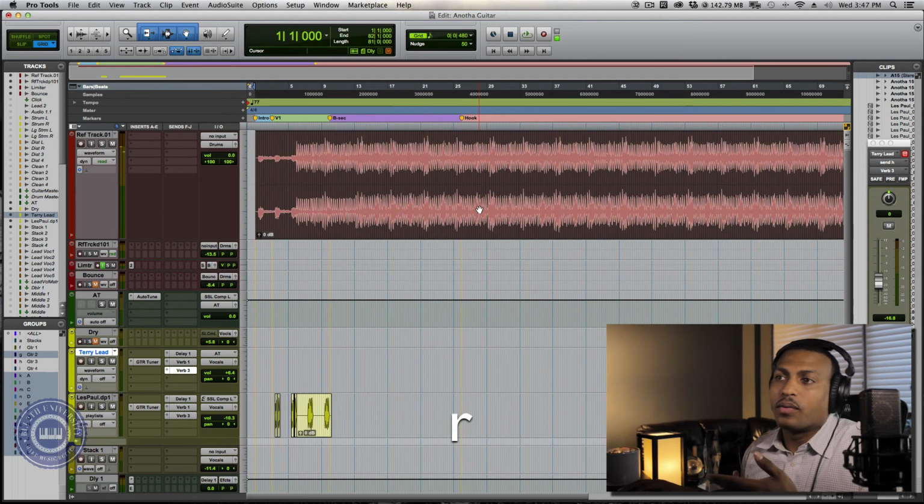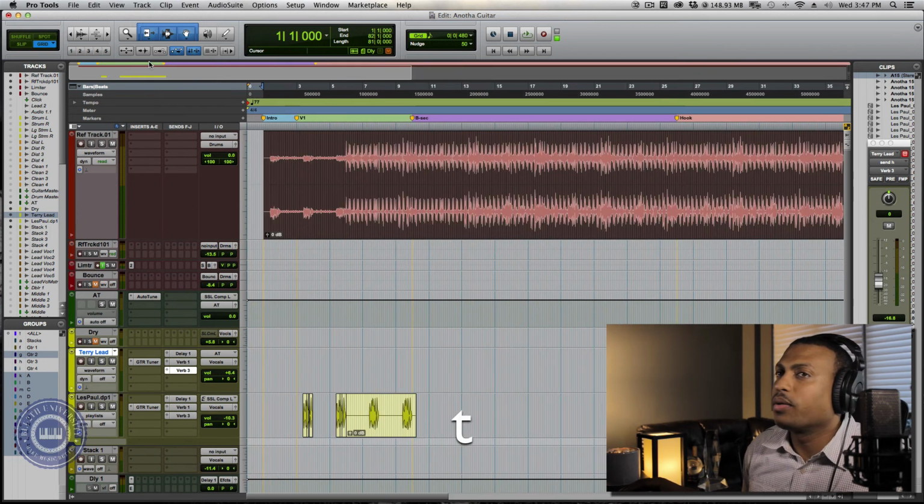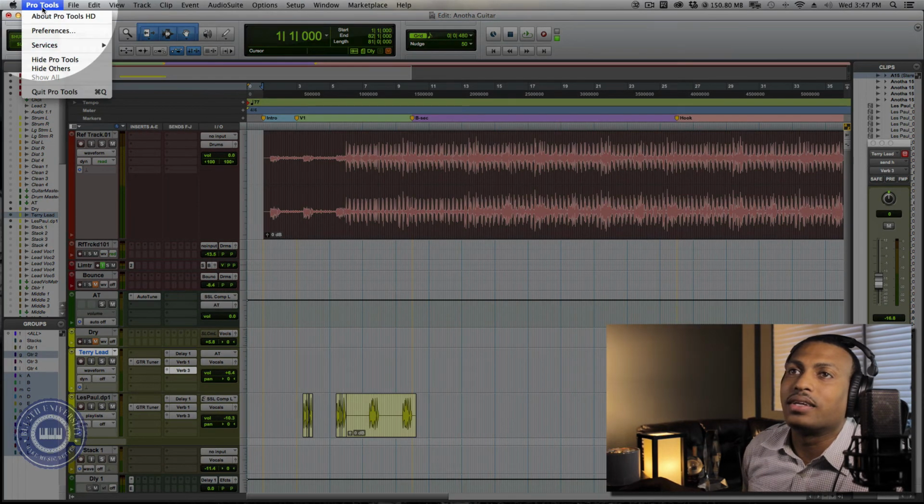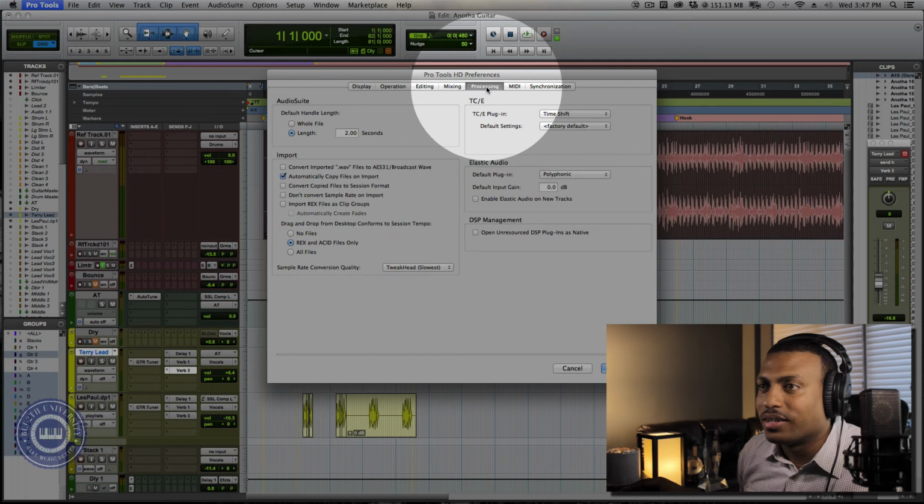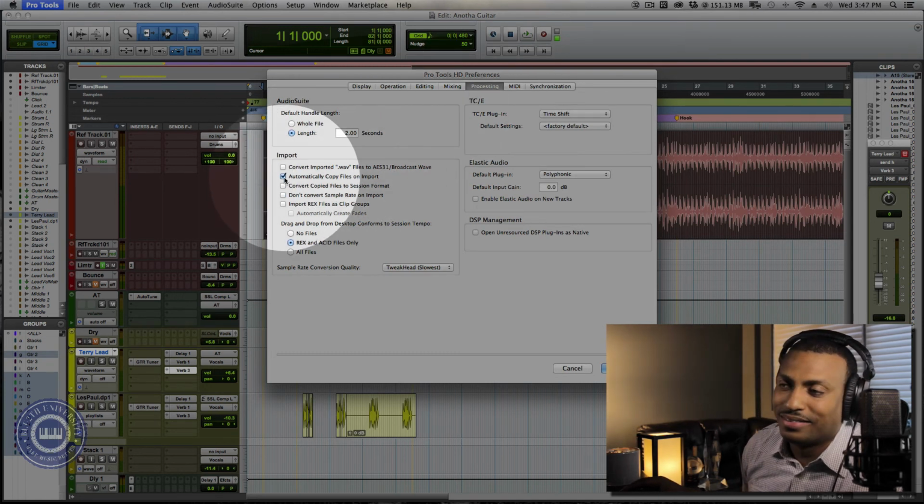Because it's not playing from there anymore. As soon as I brought it in, it copied it into the Pro Tools folder. That's super important. Now let me find where that is, because every time I do it, I have to find it all over again. There it is. All right,